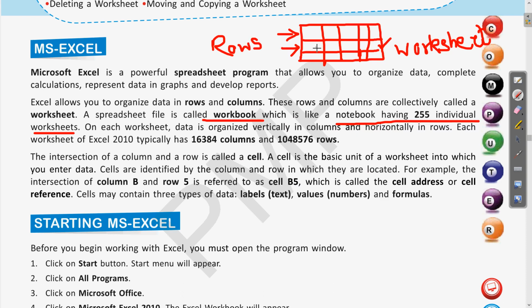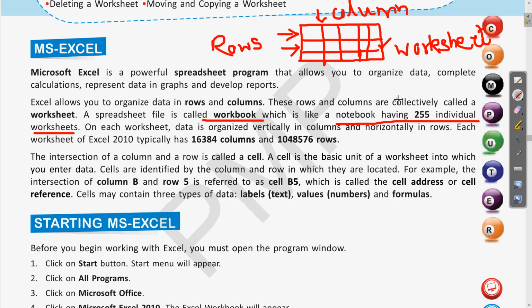Clear? So in any of these worksheets, we are saving the data in the form of rows and columns. The horizontal ones are called rows, and the vertical ones where we enter the data are called columns. Clear? These are the terms we use in a spreadsheet, meaning the data is saved in the form of rows and columns.